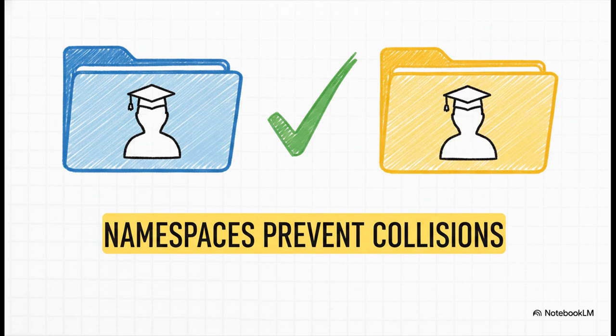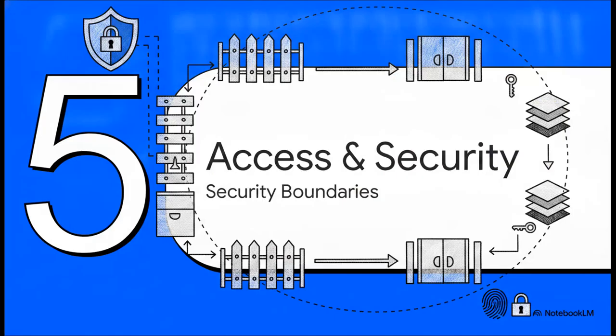You might have a Student class for your company's training system, and another completely different Student class for a school app you're integrating with. Because they live in different namespaces like com.company.student versus org.school.student, Java can easily tell them apart using their fully qualified names. Zero naming collisions. Let's move on and see how this builds into our security guardrails in Section 5,